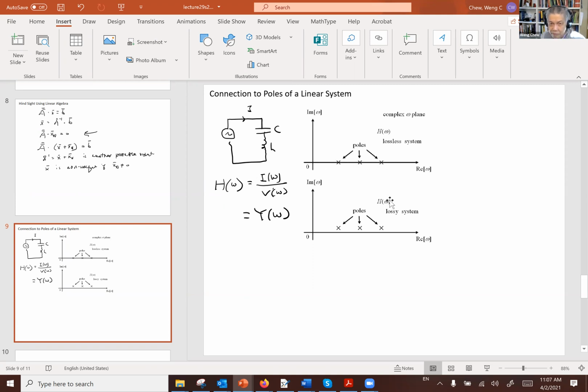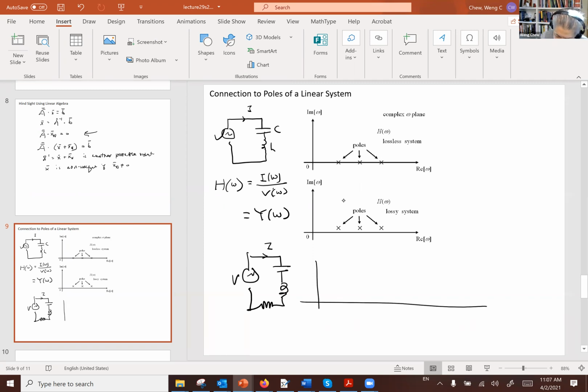So what do you do about that? Well, you can go and introduce some loss. If you put V here, I here, and if you were to solve this system again, you'll find that the poles are being moved away from the real axis. The complex resonances are there. The resonance frequency of this system is complex, and the poles are given to be on the